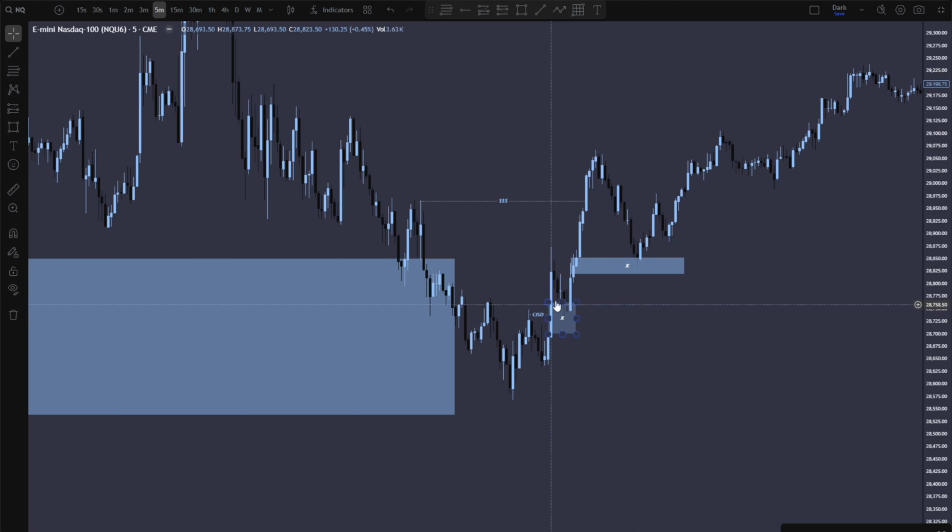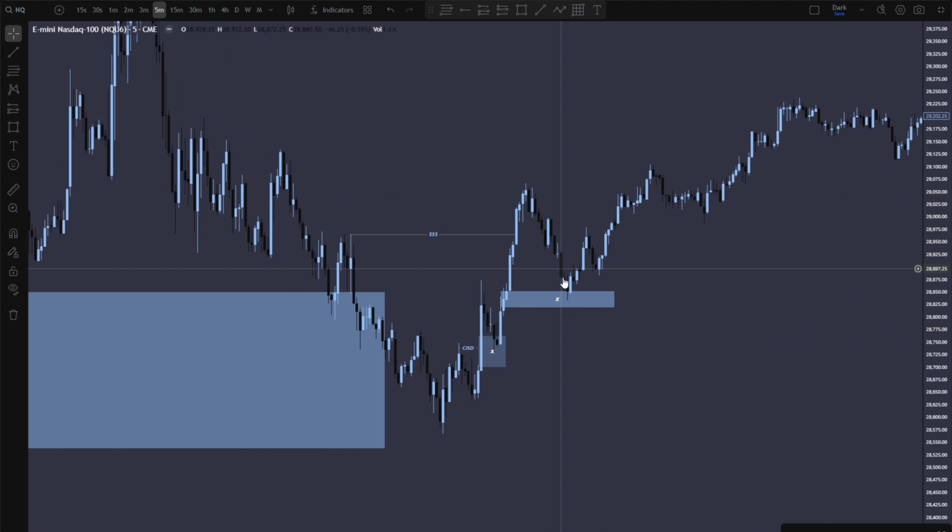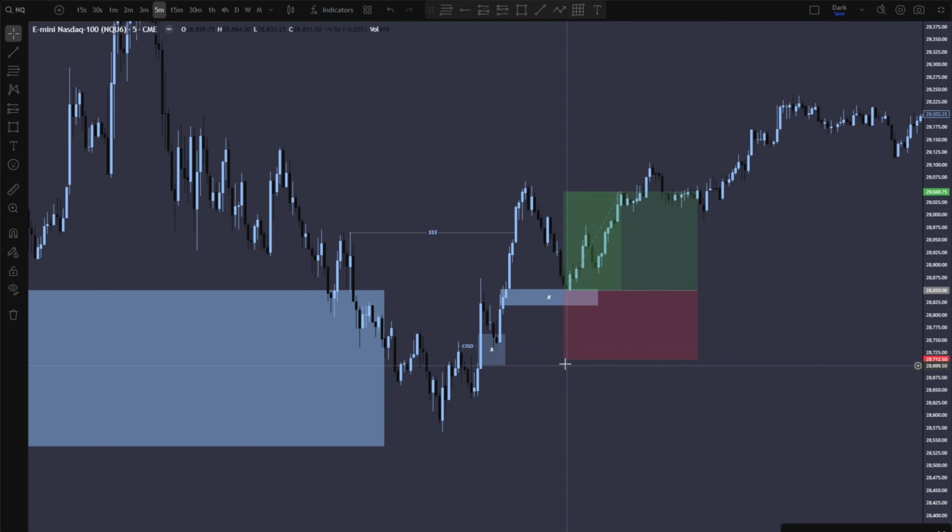We get a break here, right? We come down, respect this fair value gap. Boom, we break here on the 15 minute. This is that 15-minute retracement into the fair value gap, right? And then you could enter there. Stop loss at this low. I'd say stop loss at this low, or you can put it